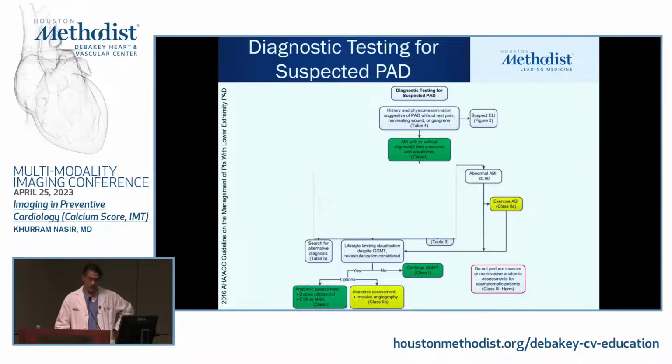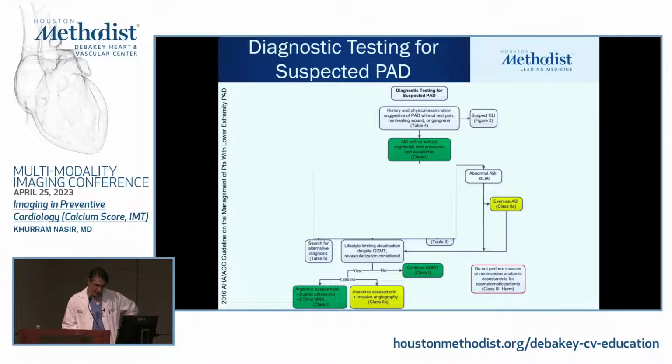So, we've diagnosed, we've determined an at-risk population based on epidemiological studies. Diabetics, smokers, the elderly. We've just talked to them. They gave us a concerning history. We examined them. We may not have measured pulses. Maybe we heard some bruits. We did an ABI, and in this particular pathway, if you look at the pathway recommended in this guideline document,